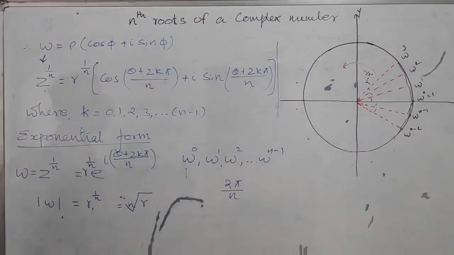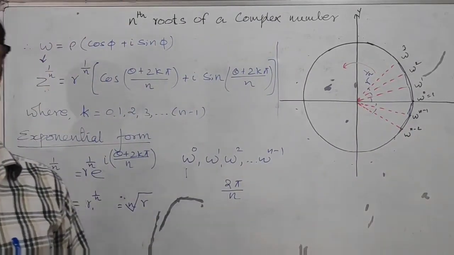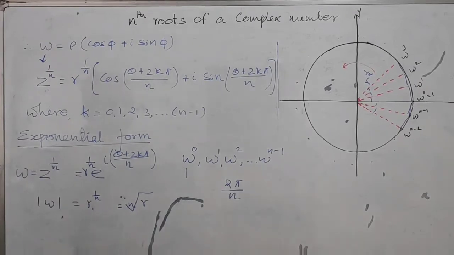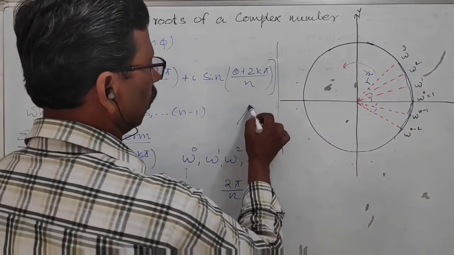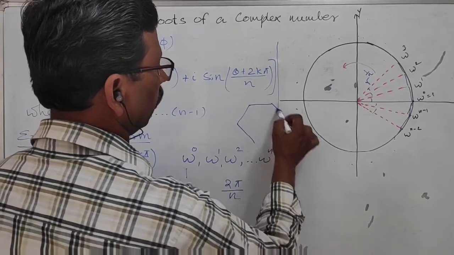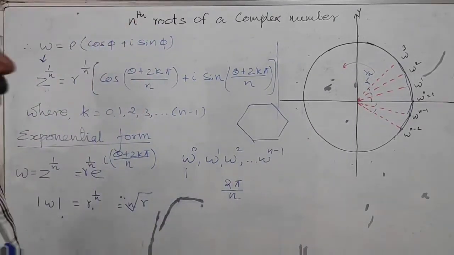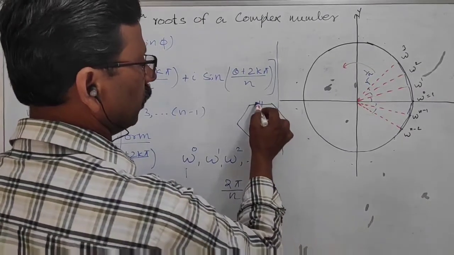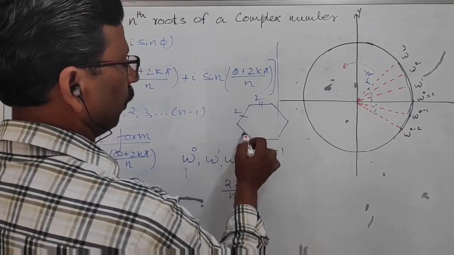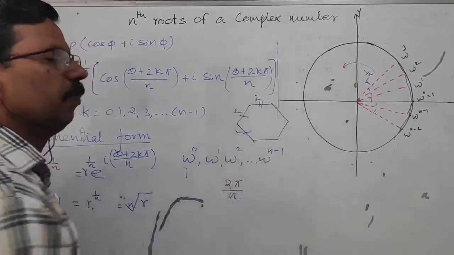What do you mean by polygon? Polygon is a closed figure with a minimum of 3 sides. See, you can say this is a polygon. Yes, it is a polygon. What do you mean by regular polygon? Regular polygon means all the sides must be equal. This 2 cm means this will be 2 cm, this will be 2. All the sides will be equal.